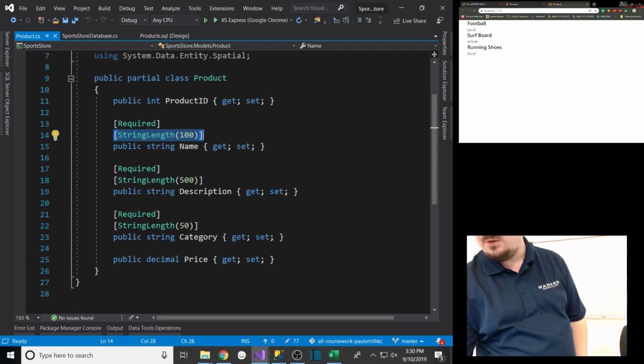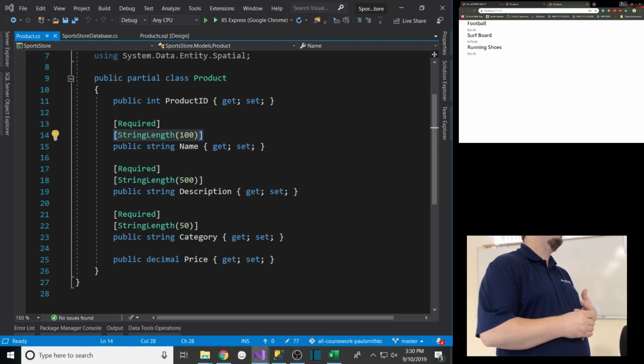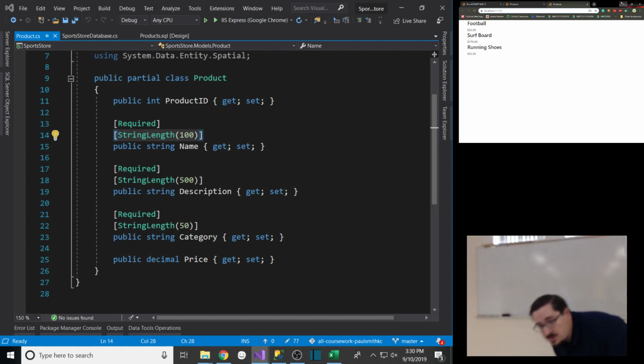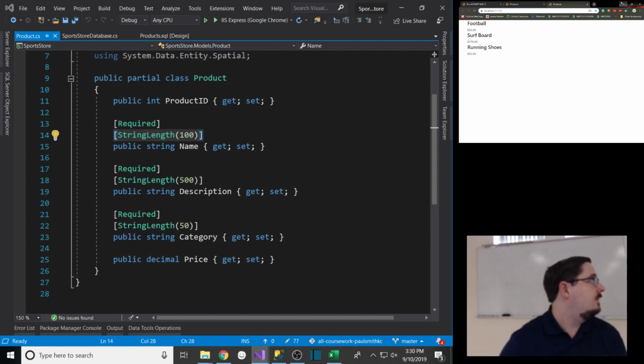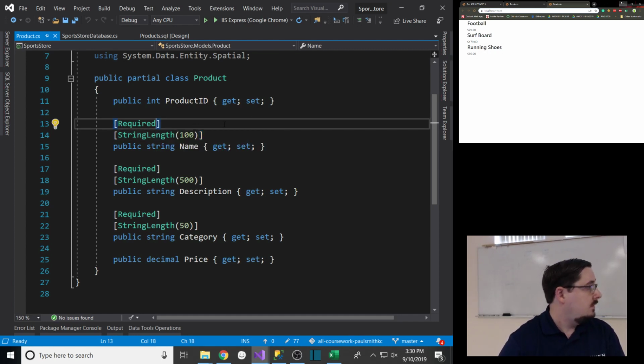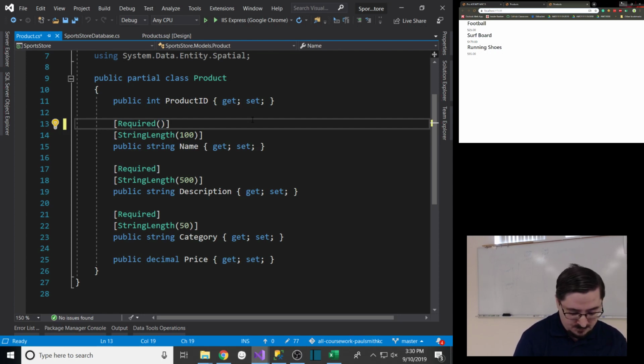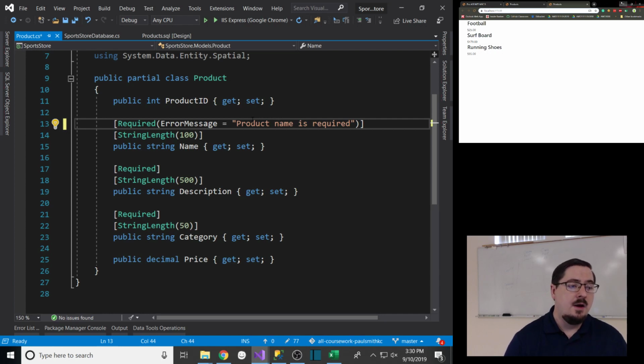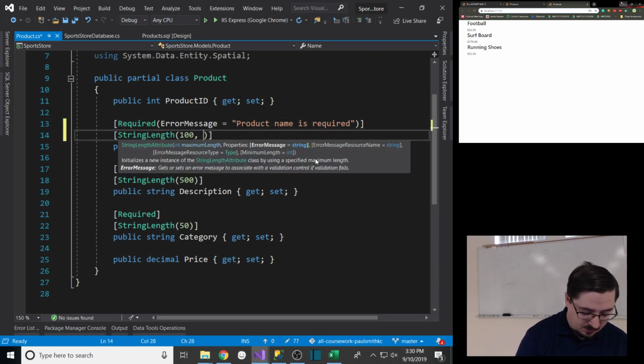Okay? I typically want to set those up to be something that gives a user-friendly message. So remember how I might do that. If I go into here, I can say error message, name is required, or I might say product name is required, right? I can do a similar thing here. I can say comma, error message